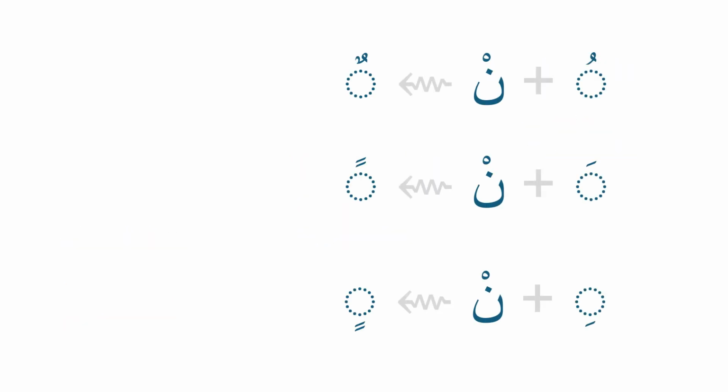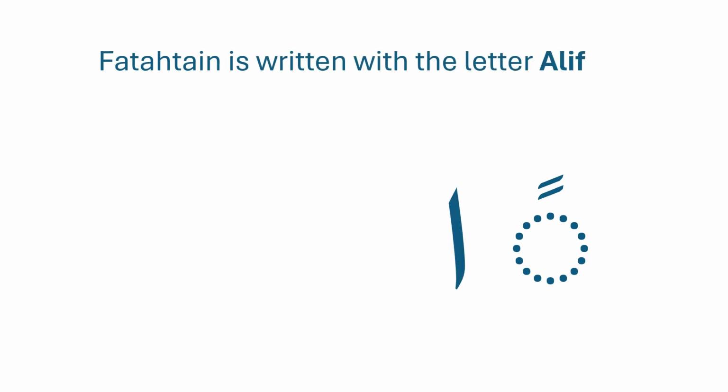Tanween are combinations of respective short vowel and the letter noon with sukoon. That's called noon sakin. But we can't replace tanween with noon sakin in a word, and we can't write sayyaratun with noon sakin. The third rule is fathatain, that is tanween with fatha symbols, are always written with an extra